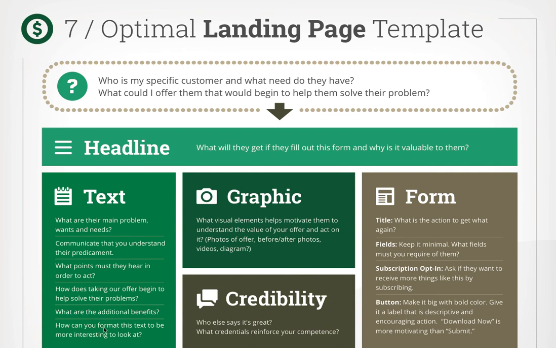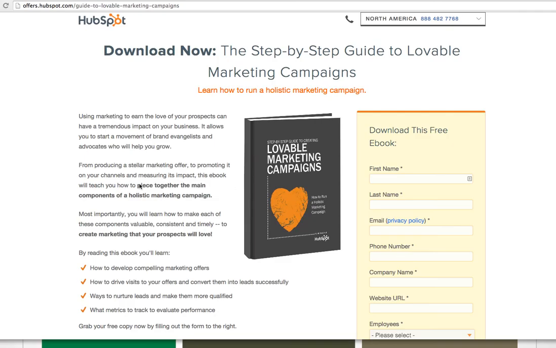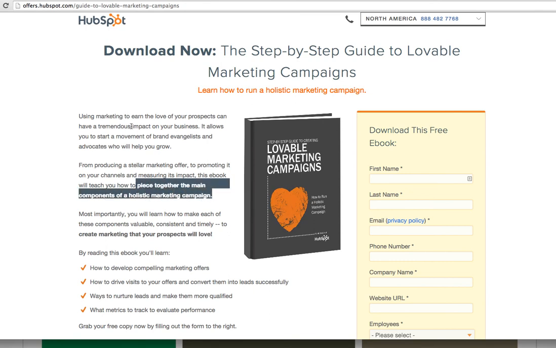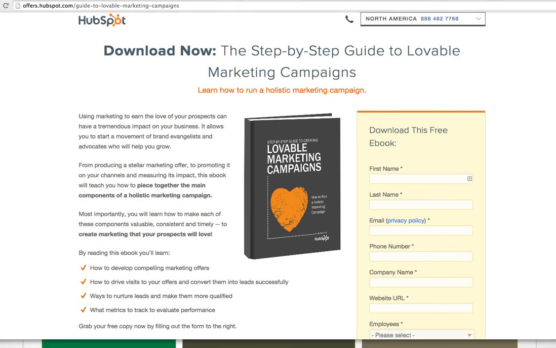And then the last question, how can you format this text to be a bit more interesting to look at? What HubSpot has done is just simply made certain things bold. Sometimes what people will do is they'll highlight the key pieces in bright yellow. They use check boxes in a bulleted list to, boom, boom, boom, clearly communicate what's in here. It just makes it more digestible because most people won't read all this. They'll skip to, here, bold, and there, and that's about it. So less is really more when it comes to landing pages, as long as you are taking care of answering